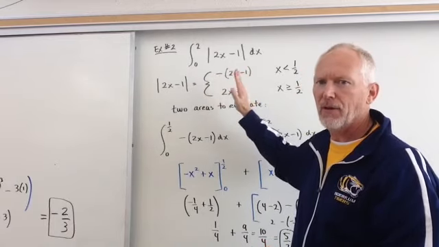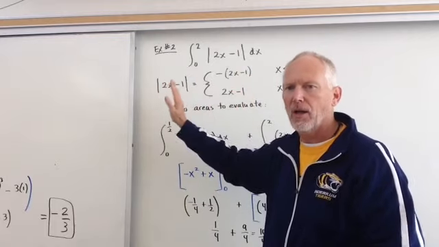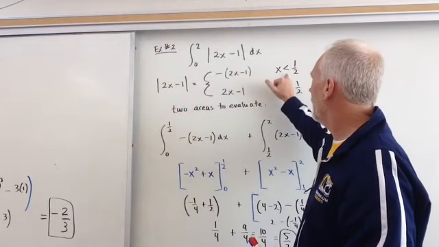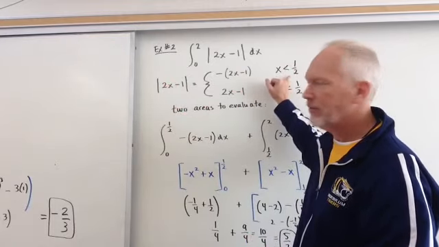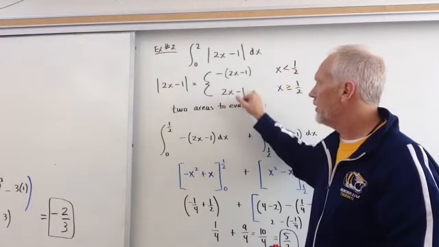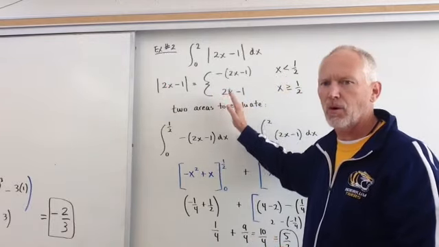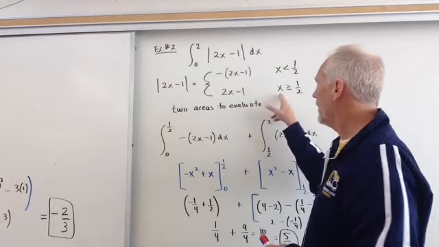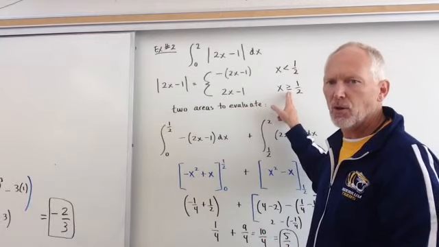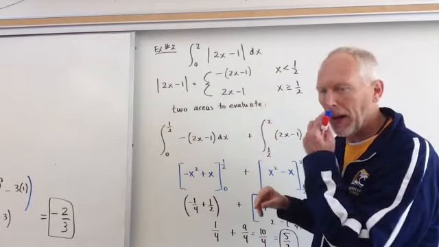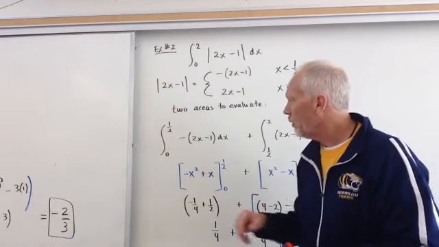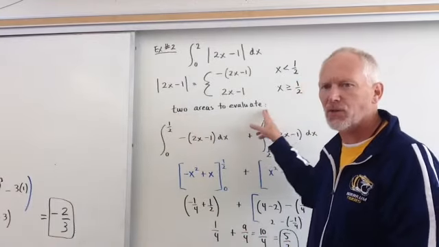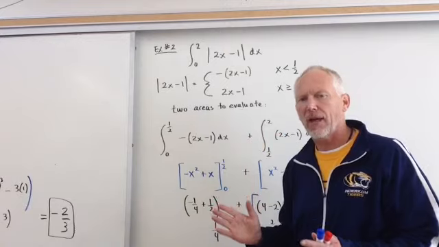Well, where does that negative happen? That is going to be on the left side. That'll be x's that are less than 1/2. Then I have, well, where's the 2x minus 1 in the positive sense? Well, that is for x's equal to 1/2 or greater. Okay, so what we want to do is we have two areas to evaluate, one to the left and one